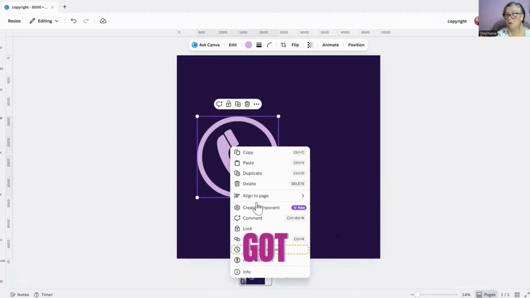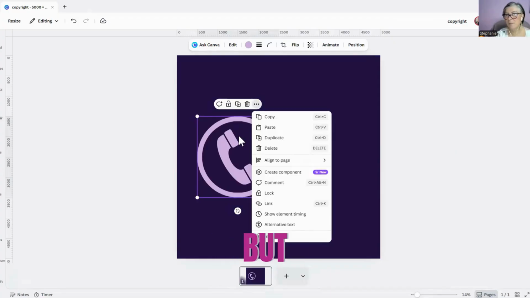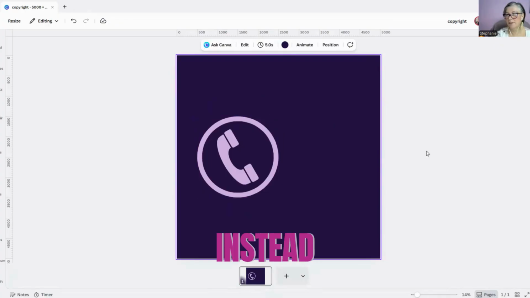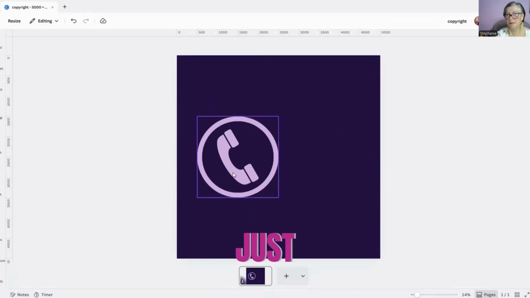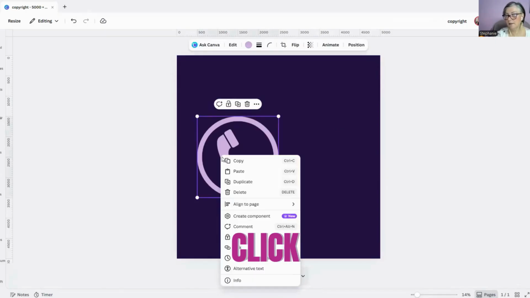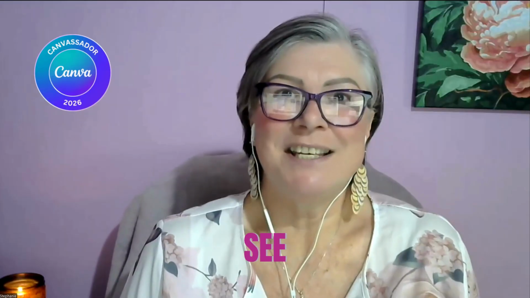And immediately you've got all of those options available for you that you would have by clicking those three dots once you've selected it. So not a massive save, but a save nonetheless. So instead of first clicking it, three dots and decide, just hover, right click, and it's there. Like I say, not a massive save, but a save nonetheless. Go and have fun. Right click and see what you end up with.